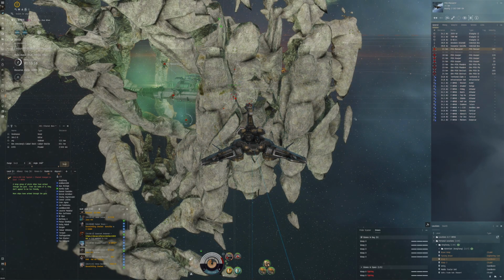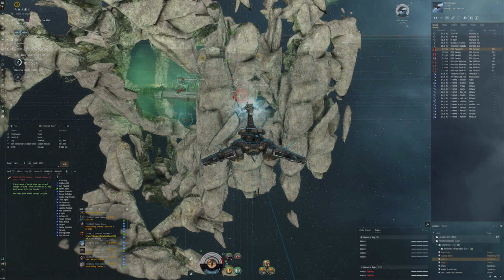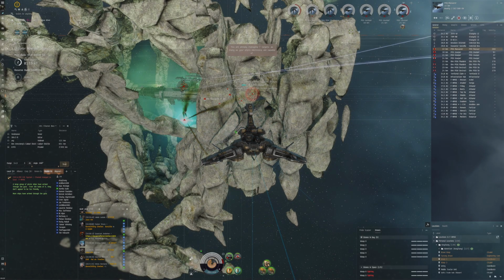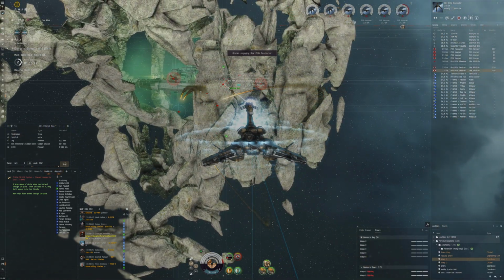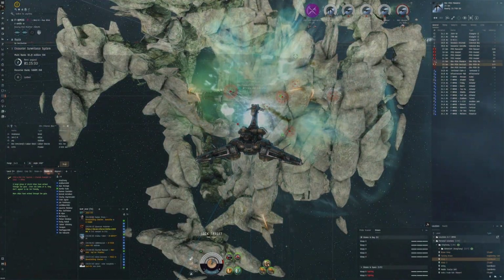Let's check out the application to these drones. Hopefully it'll be pretty good actually, because our drones should be able to do some really good application now with the target painter and the tracking enhancers. Look at that, really powerful drones. Just obliterate these frigates here